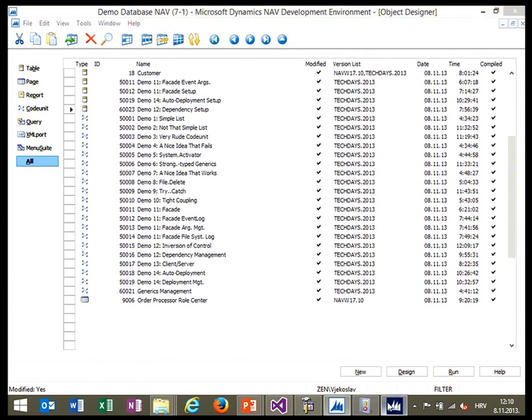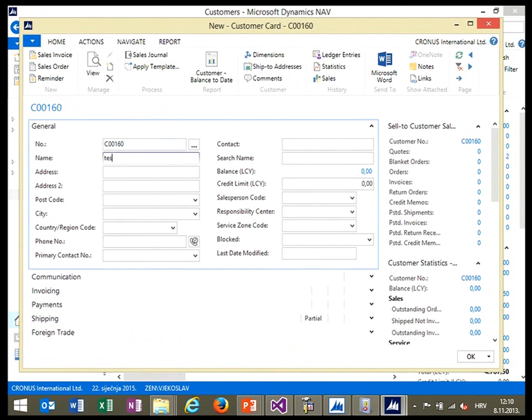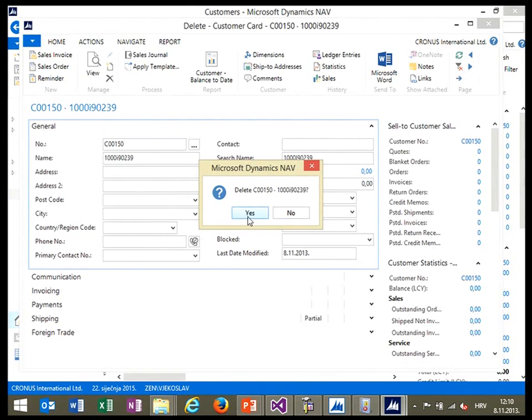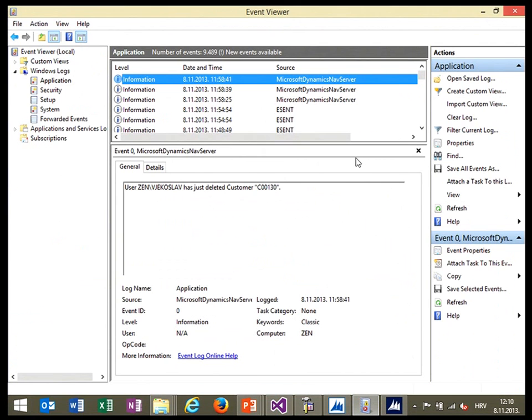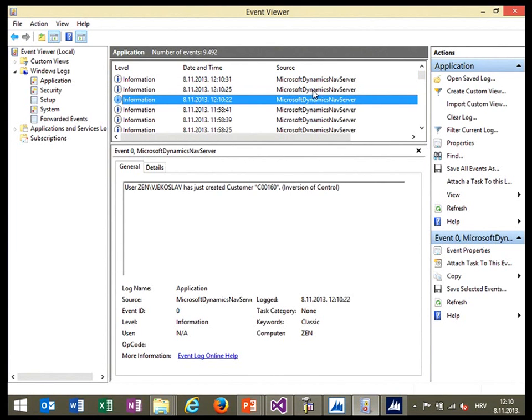And then create a customer. Close, refresh, and delete customer 150. And let's take a look at the event log. So I have deletion of customer 150 with inversion of control, and then modification and creation. So